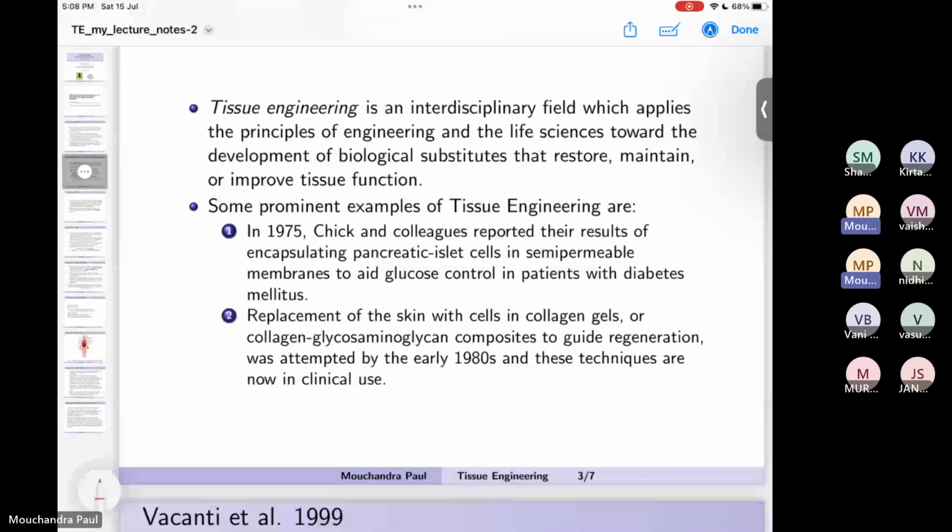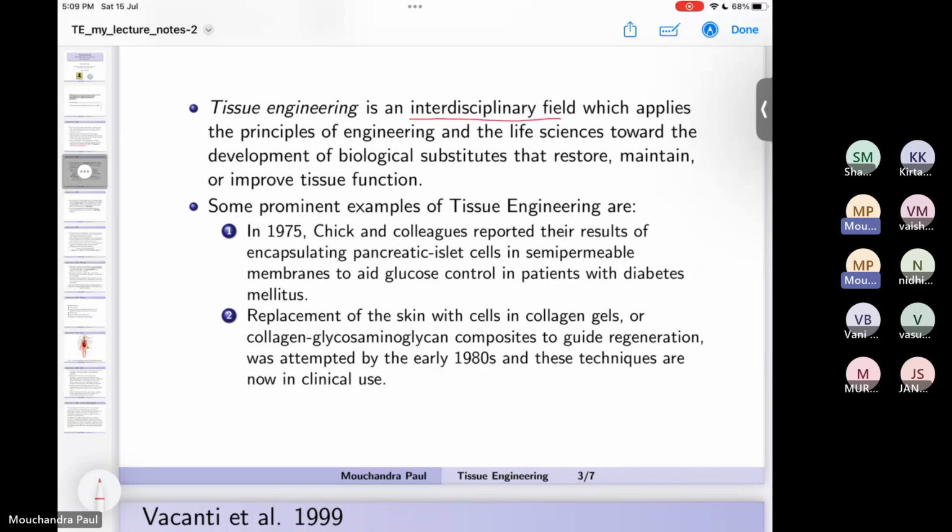So what is tissue engineering? Tissue engineering basically is an interdisciplinary field. You must remember, if any of you want to pursue research in this area, you should know that not only your knowledge in biology is going to help, you also have to learn about material science, then chemical engineering like mass transfer, heat transfer, then you'll also have to learn more about cell biology,